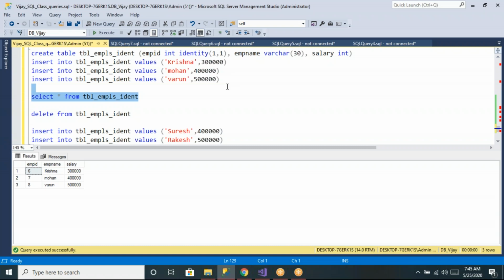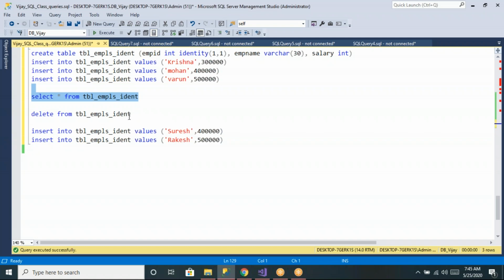How it is knowing that is, when you apply the delete, what the delete command will do is, before deleting the records, it will take the backup of existing data. Whatever the data present in this table, it will take a backup and keep it in the SQL buffer memory, so that it will come to know that.